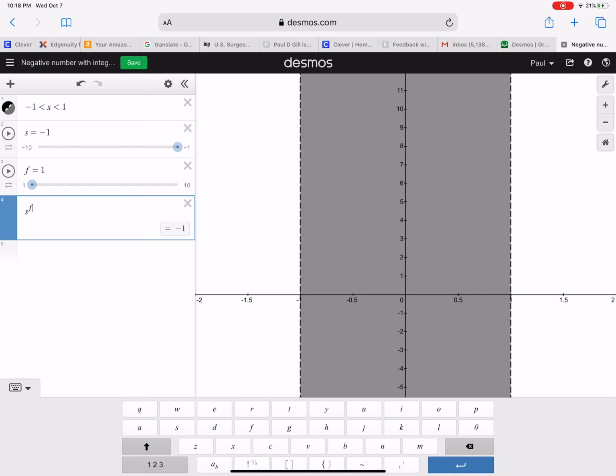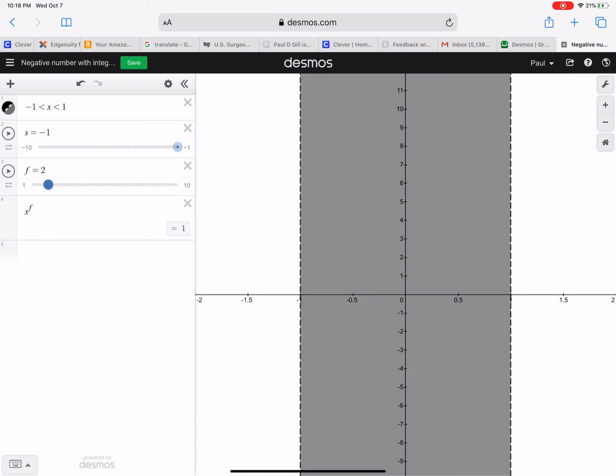Fauntleroy says, okay, let's raise it to the power of 1. And the result is -1. Then Fauntleroy says, well, what happens if the exponent is 2? That means we're multiplying again by that same negative number, and the result becomes positive. If I raise my exponent, the value of f, to an odd number, that means we're multiplying by a negative number again, and the result is negative. Then back to positive,